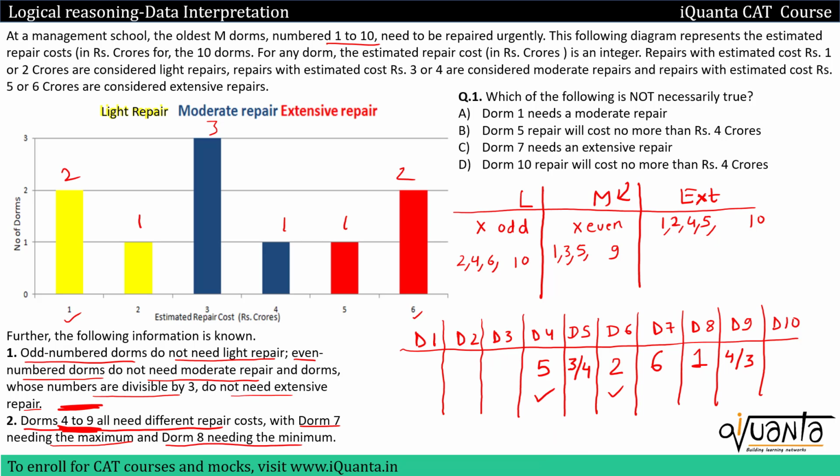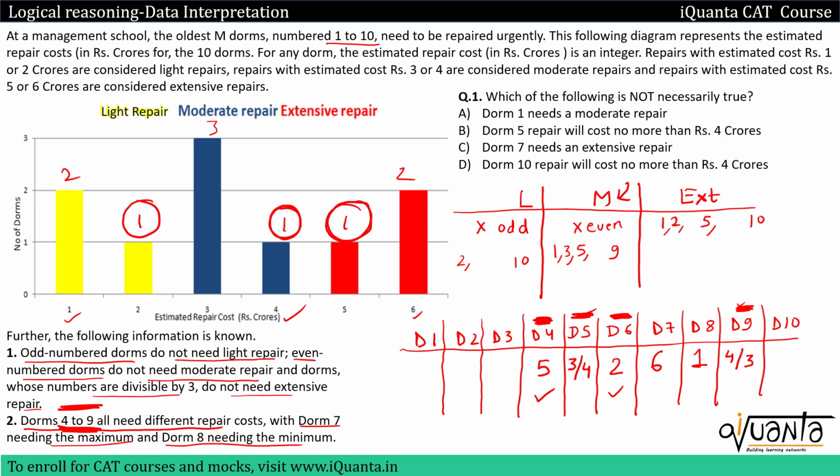So let me remove 4 and 6. So we have 4, 6 here, they will be removed. Then I have 4 here, it will be removed. Now there was only one dorm that had repairing cost of 5 crore and it is dorm 4. So we'll not be putting anything into this box of dorm 4. So I'll just highlight it with a red mark over here. We can also see that there is only one dorm that can have repairing cost of 4 crores and it can only be one out of dorm 5 or dorm 9. So there will be no further possibilities for dorm 5 and dorm 9. Then there was only one dorm having repairing cost of 2 crore, that is D6. So I'll put a red mark over here.